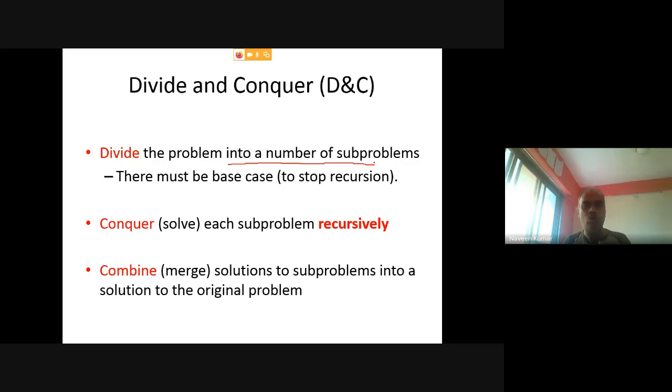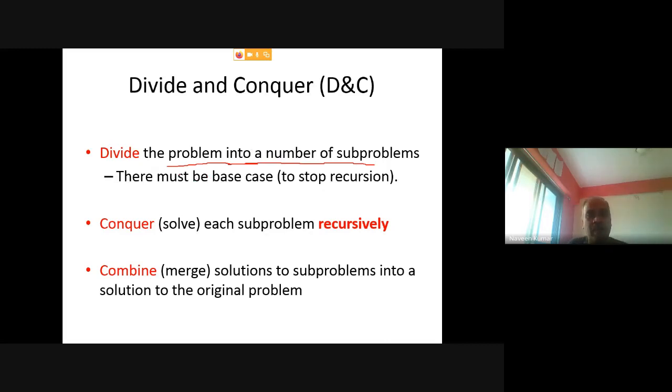This is the idea. Now, take the example of sorting. You want to sort, let us say, n elements, versus sorting n by 3 elements. Sorting n by 3 elements will take less time, so it means the problem is less complex in that case. So the idea is, why don't you divide that complex initial problem into easier sub problems, so that your work will be easy. This is the idea. So how to work? You need to first divide your problem into a number of sub problems. You can divide it into 3 sub problems, 4 sub problems, or 10 sub problems. It is up to you.